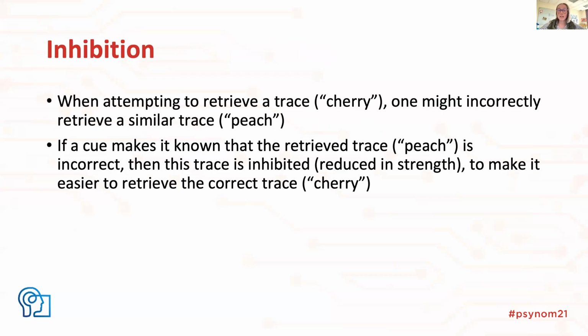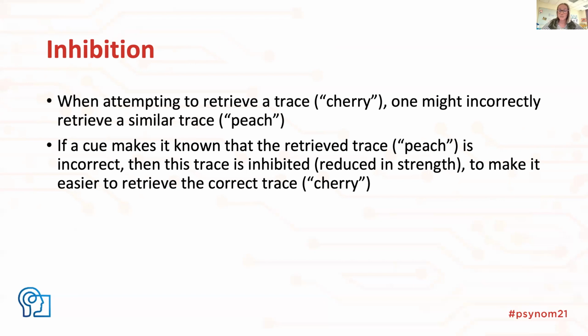To briefly describe how inhibition might cause forgetting, consider the following scenario. A subject holds multiple related traces in memory, such as the word cherry and the word peach. When attempting to retrieve cherry, they might incorrectly retrieve the word peach. If a cue, such as the letter C in a word stem completion task, provides feedback that peach is actually incorrect, then inhibitory mechanisms might suppress peach, reducing its strength, making it easier to retrieve the correct trace, in this